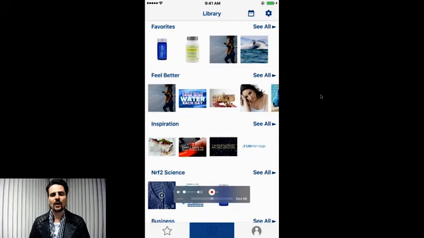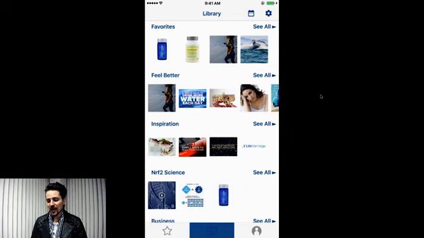So let me show you what the schedule looks like, because I know that a lot of you have been asking about exactly how the scheduler works. How you set a specific post is what I already showed you. But if you remember, the post that I just made actually was an ideal post, which means it didn't get posted right now. But when you click on this little calendar icon at the top right here, when you tap on that,